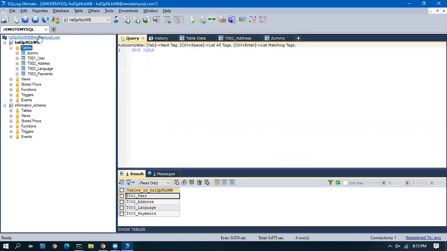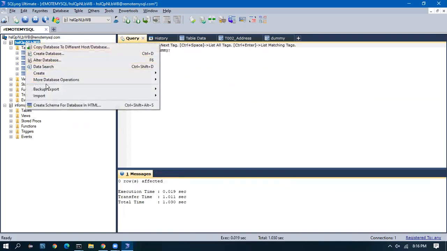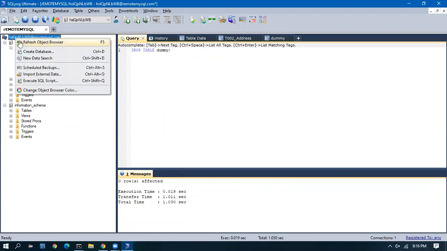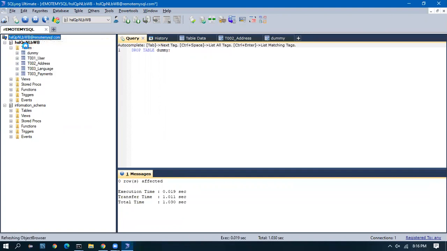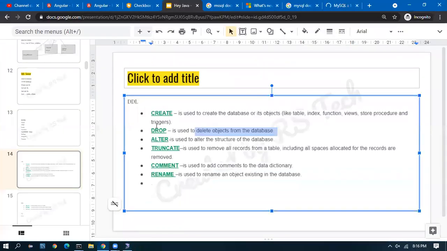And what is the table name? It is dummy. Drop table dummy. If I execute this, it will show 0 rows affected and this table will be dropped. If I refresh my database, that table is dropped. So that is the use of drop.